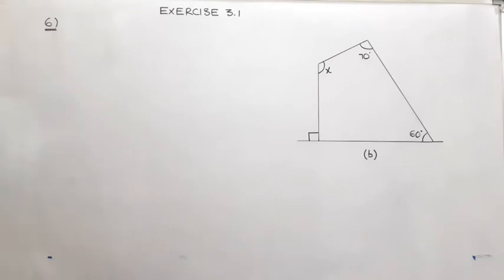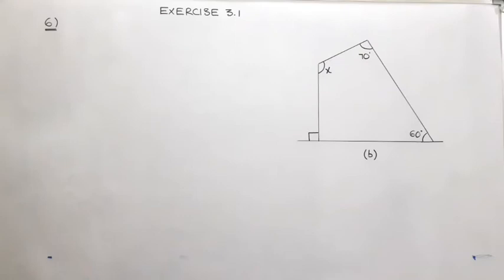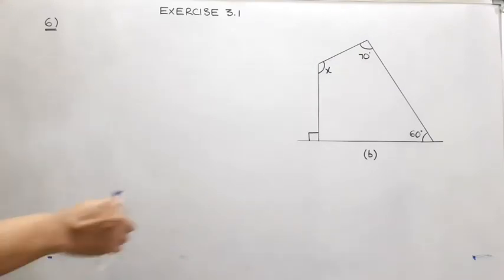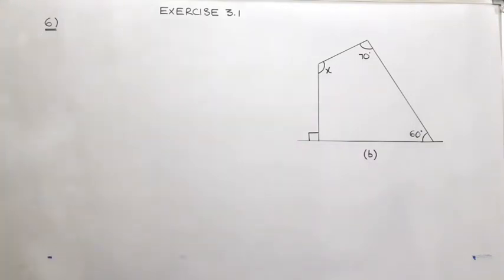So today we are going to continue our exercise 3.1 starting with 6th Roman. 6th Roman is all about finding the unknown angles of the given polygons. So I chose B since A is going to be our homework for today. As I am going to explain B and C for today's class, you will be able to do A as homework. So please check the board.